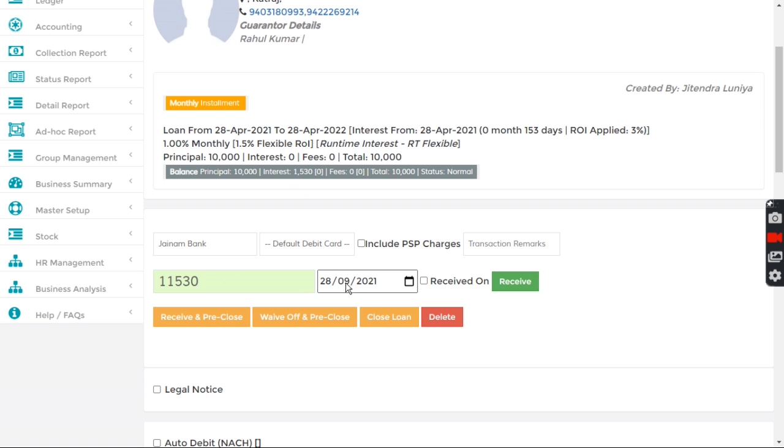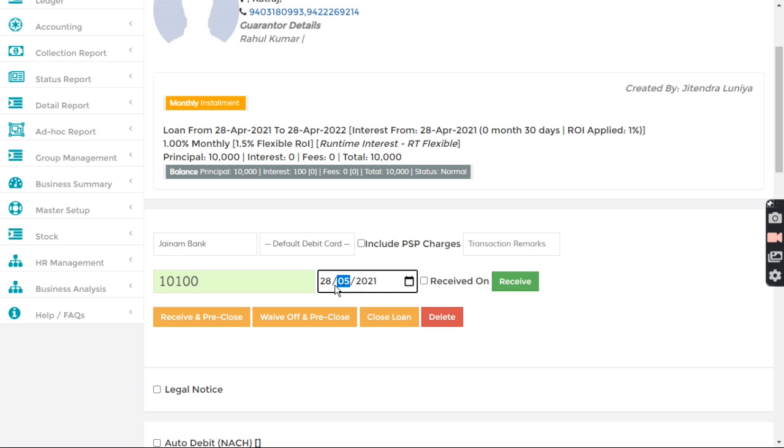Okay, now let's understand the loan was disbursed on 28th April, so I select 28th April, which is 0 days for 1%, so no interest calculated here. I increase by 1 day, so it will be calculating for 1 day at 1% rate of interest.